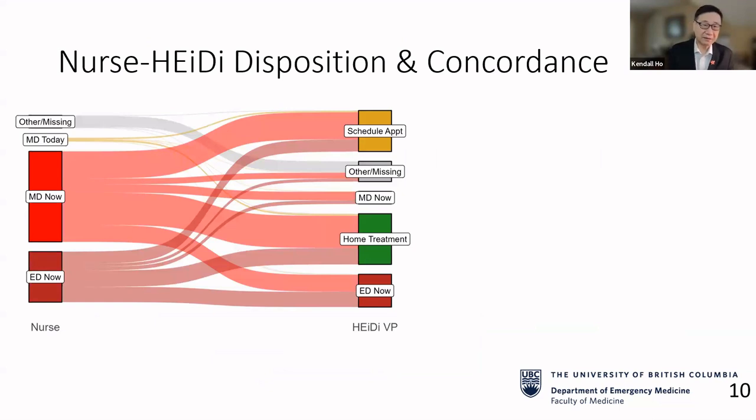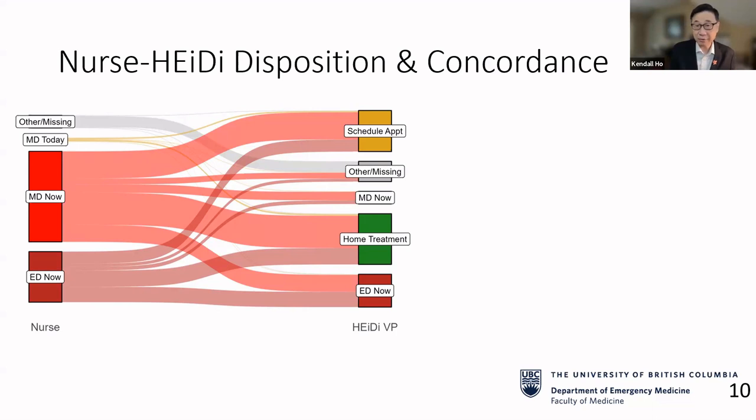Here's a diagram. I'll unpack it. It's a statistical diagram called a Sankey diagram. On the left side of the graph, these are nurses who identify patients that need to see a physician now or need to go to the emergency department now, as we talked about earlier on. And then we tracked afterwards, and the right side of this graph is what physicians decided the patient's outcome needed to be. So if you go from the bottom,